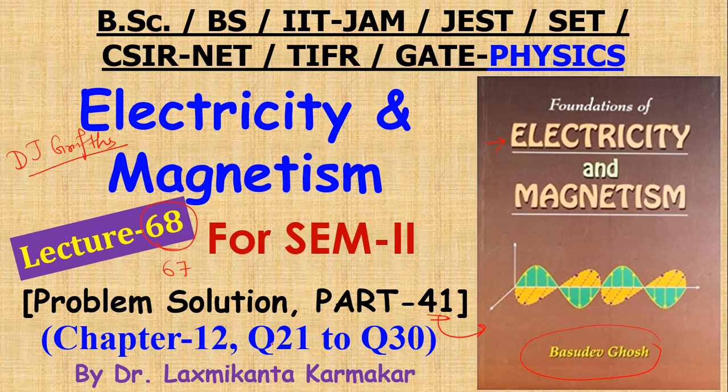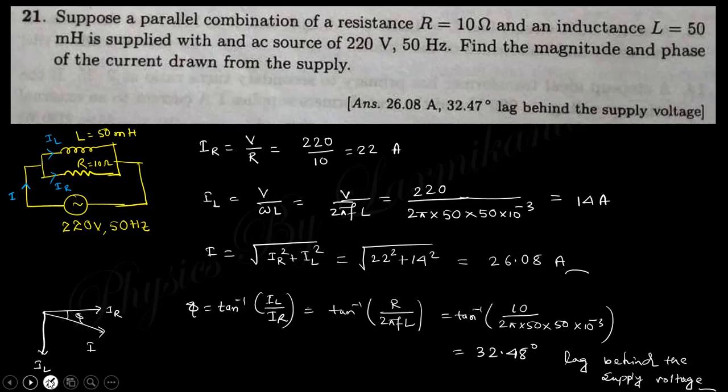Okay, in this video I want to discuss questions number 21 to 30 of chapter 12 of this book, that is Electricity Magnetism by Basudev Ghosh. This chapter actually consists of AC current. So let's start with question number 21, which says: suppose a parallel combination of resistance and inductance,